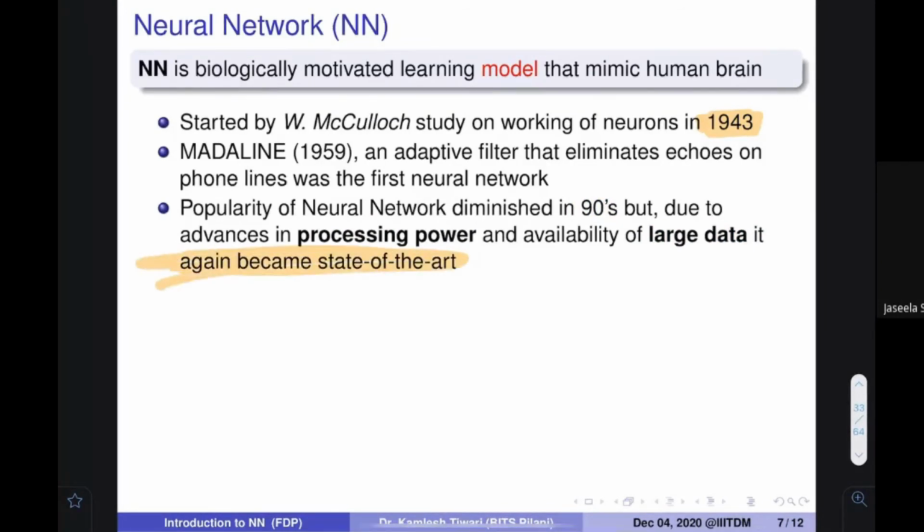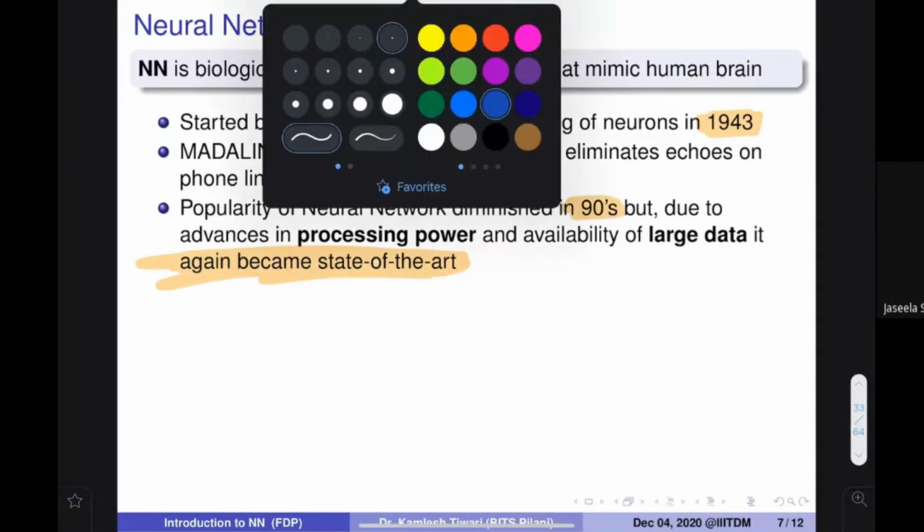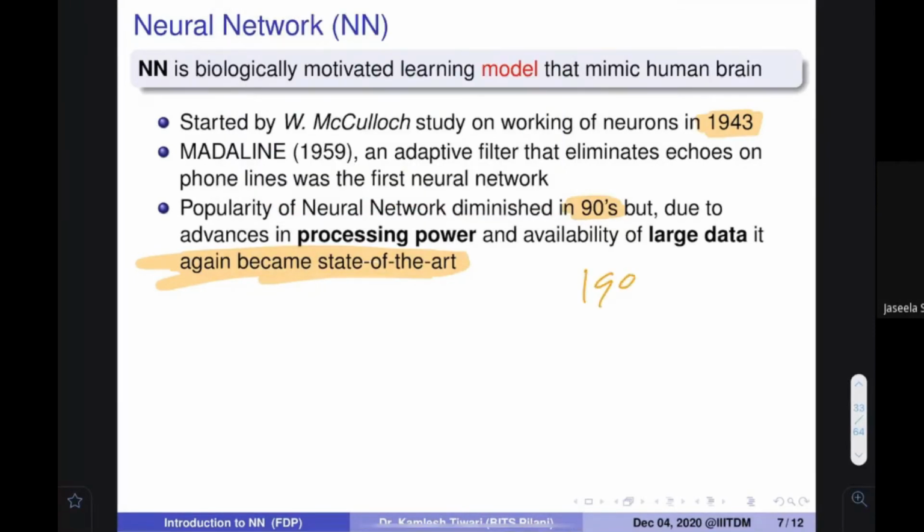Earlier, in the 90s, I myself heard many renowned professors saying that neural networks are dead. Don't talk about neural networks. Let me tell you an interesting fact. Around 1997, an architecture, LeNet, was proposed in the literature, with the basics of the CNN. But since nobody was using neural networks and processing power was not available, it was forgotten. After that, in 2004, came the most seminal paper of David Lowe,